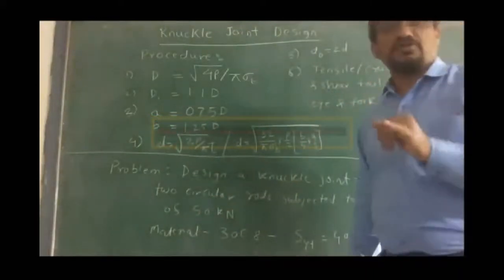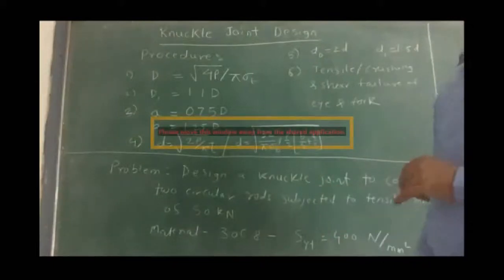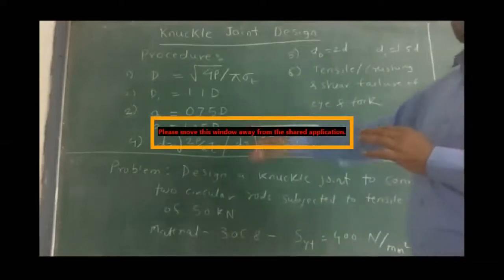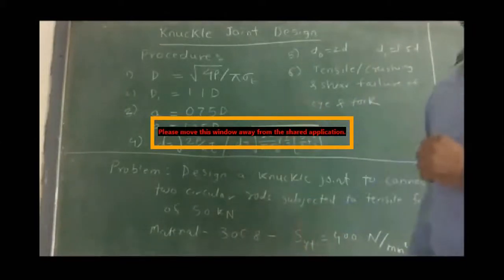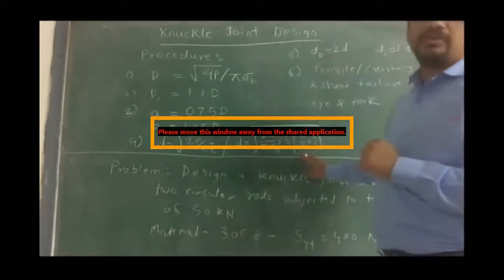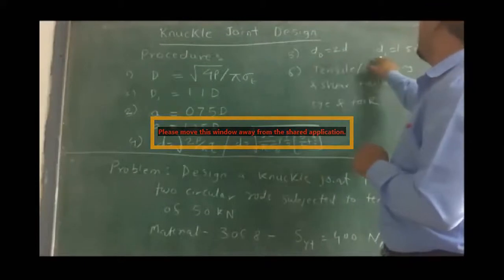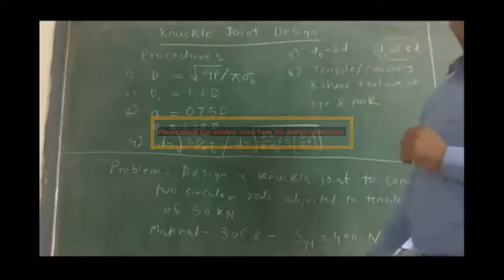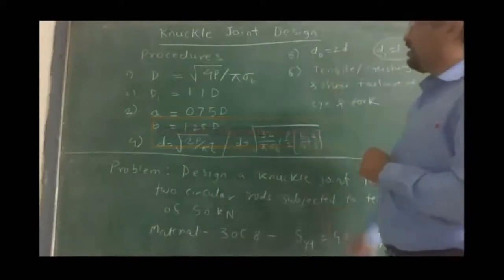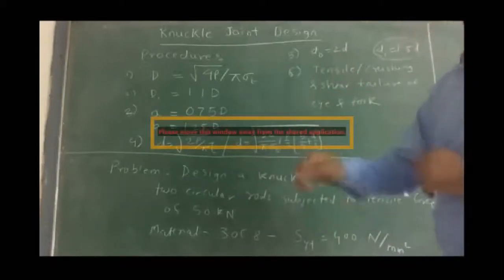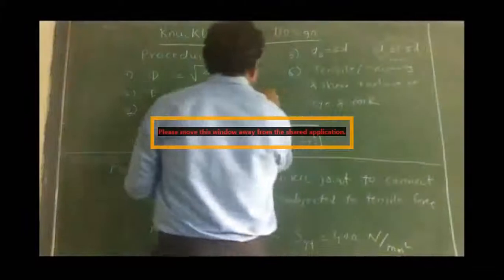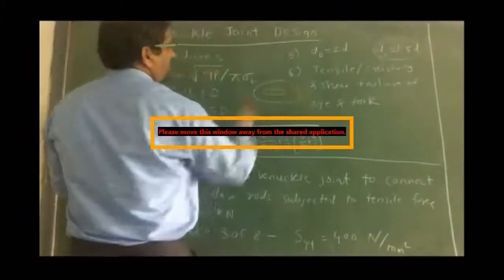The knuckle pin mainly fails because of shear or bending. If the joint is loose, it will fail because of bending, or it will fail because of shear. It also fails because of crushing, but that diameter is very small. So we use these two formulas to calculate d, and whichever is larger, we use for our calculation. Now once we know the diameter of the knuckle pin, we use the empirical equation to calculate the head diameter, which will be 50% more, 1.5 times d. And the outside diameter of the eye or fork will be twice the diameter of the pin, so double the diameter.